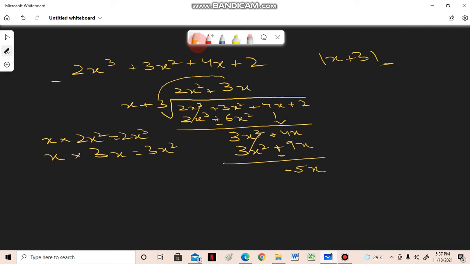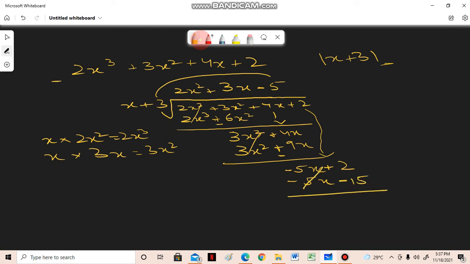Now the same, we will bring this plus 2 below with minus 5x, so this will become minus 5x plus 2. Okay, now we have to see which term we have to multiply x with to get minus 5x. So we know we have to multiply x with minus 5 to get minus 5x, right? Positive x multiplied by minus 5 is minus 5x, so minus 5x, and 3 multiplied by minus 5 is plus minus minus, 5 3s are 15.